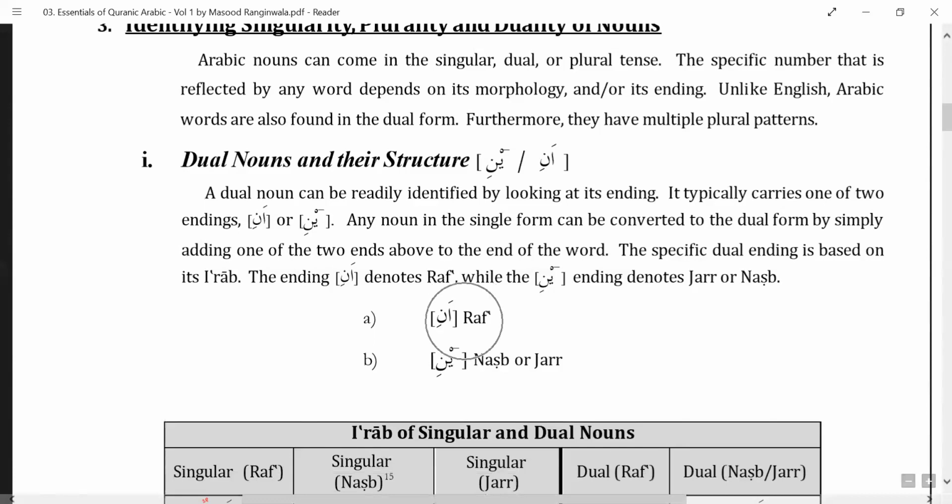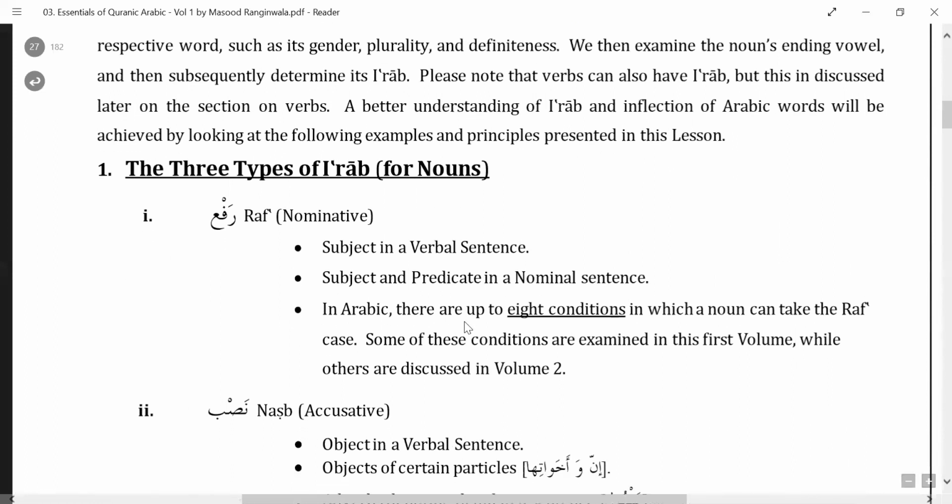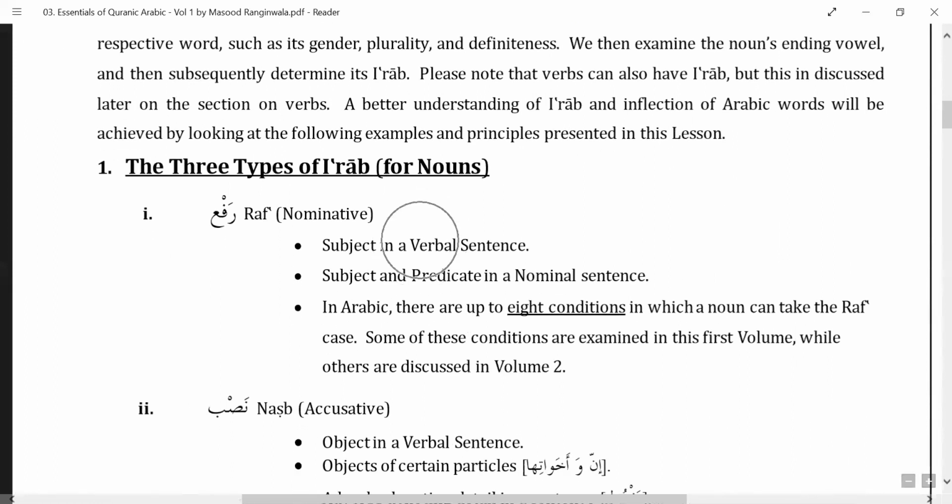Ani is rafa. And as we saw one page back in our previous class, rafa means they are the subject in a verbal sentence. Verbal sentence, we will come to when we do sentences. But in short, anything that starts with an action is a verbal sentence or an action sentence. So the doer of the action means the actor of the action. One is the action, one is the one who is doing the action, that is the actor. It's like a role play, you have an actor. And then the one who is acted upon, on whom that action is being done.